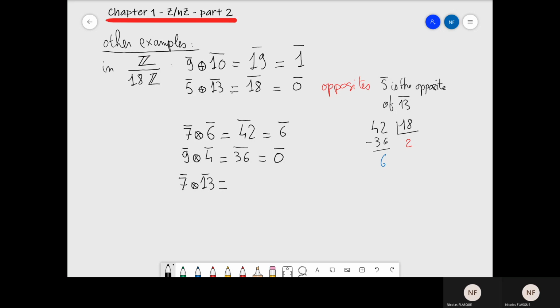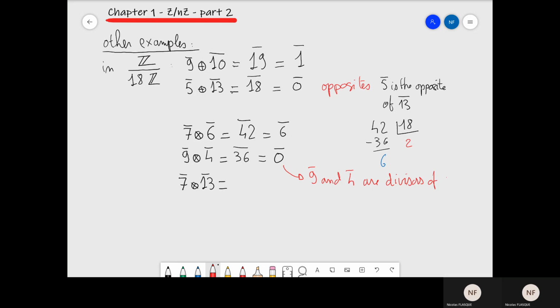Here, something can happen where the product of two elements which are different from 0 gives a result which is equal to 0. So actually 9 bar and 4 bar are called